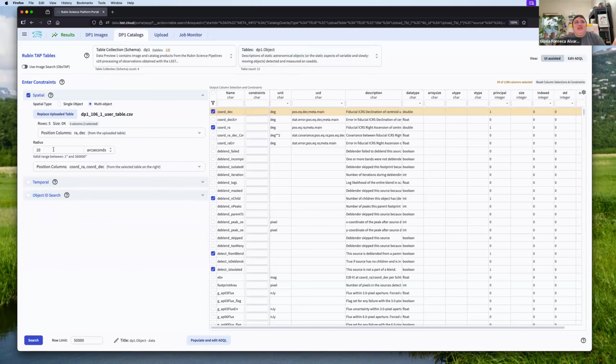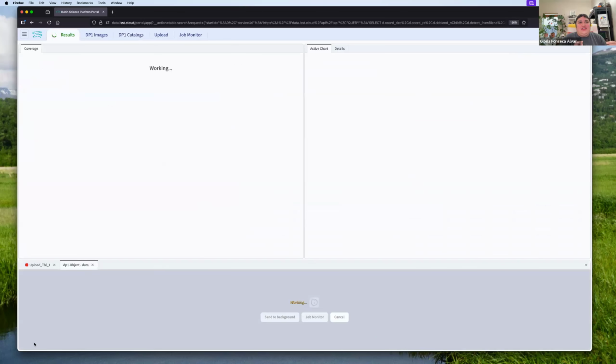You can select the crossmatch radius here. For this, we're going to use a radius of 1 arcsecond, and you can just leave the default row limit since it's just 5 objects, so it should return at most 5. Well, actually, no, but for this, it will return just fine. Here I'll just click on search, and it does take some time with the uploaded tables. It is a bit slower than if you were doing one single coordinate, but